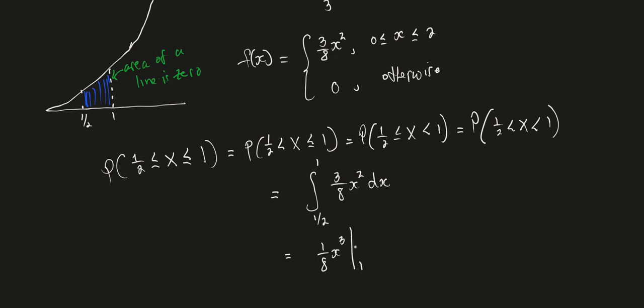And again, we're going to use our fundamental theorem. At the upper limit, we get 1/8. At the lower limit, we have 1/8 times another 1/8, so that's 1/64. Common denominator 64, so that's 8/64 minus 1/64,